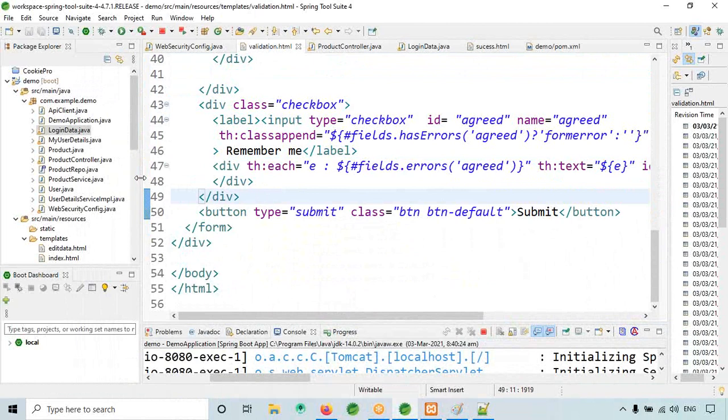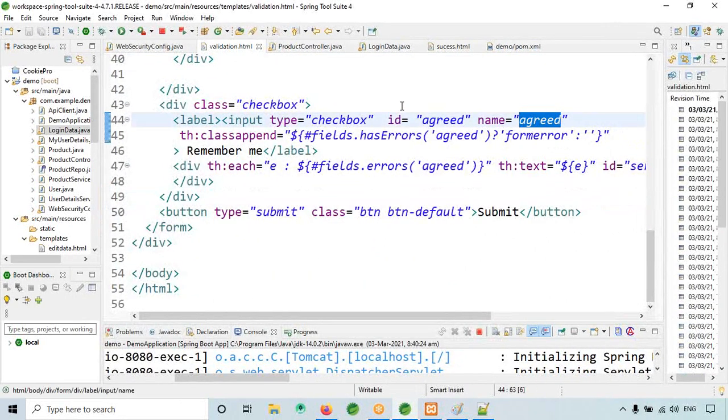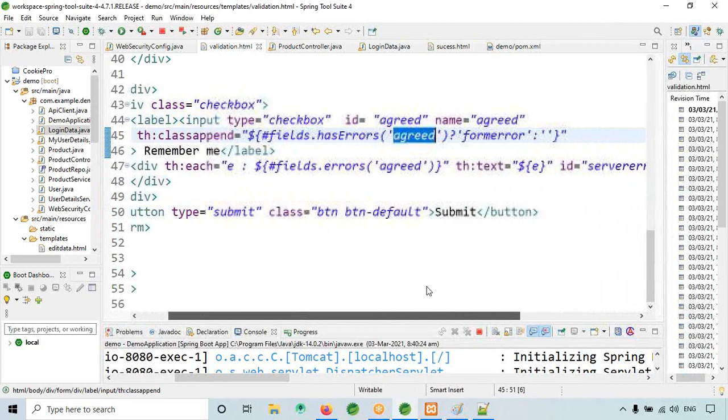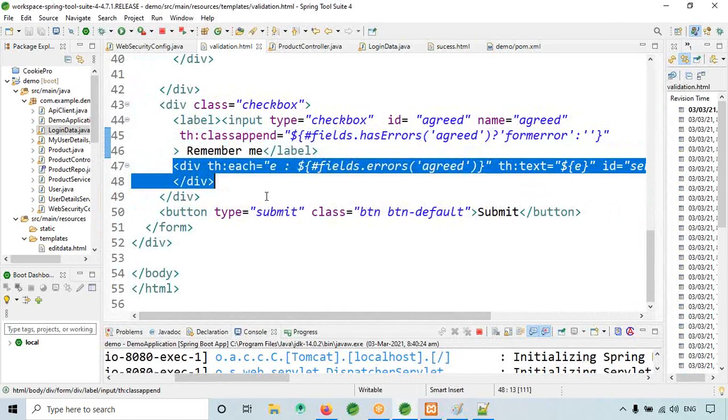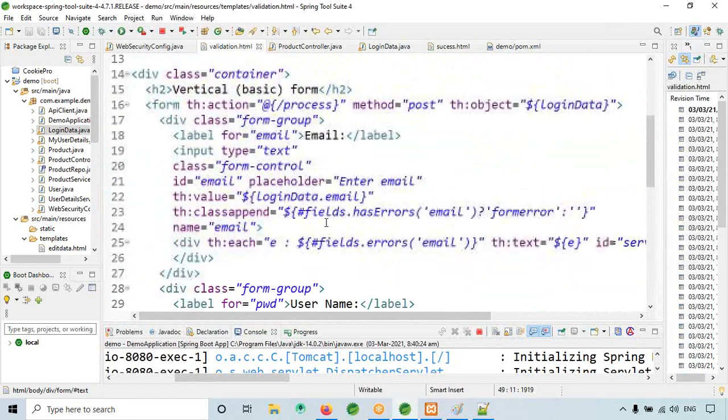Okay, same code only, but somewhere we would have made some mistakes. See, ID is agreed, name is agreed. Okay, maybe here and there we would have small mistakes because of that.